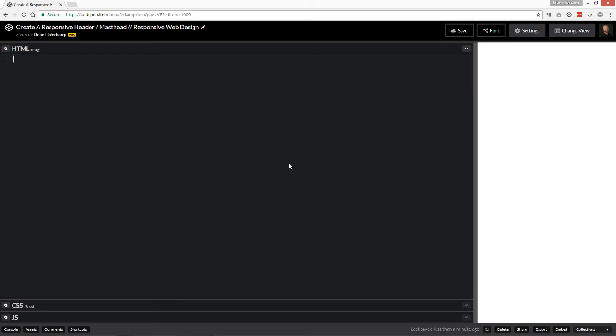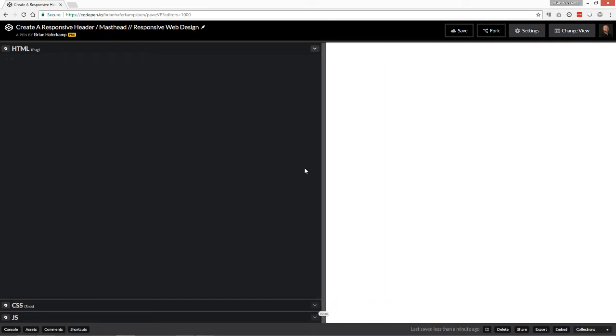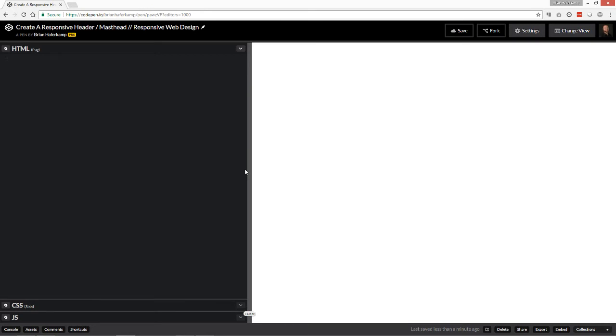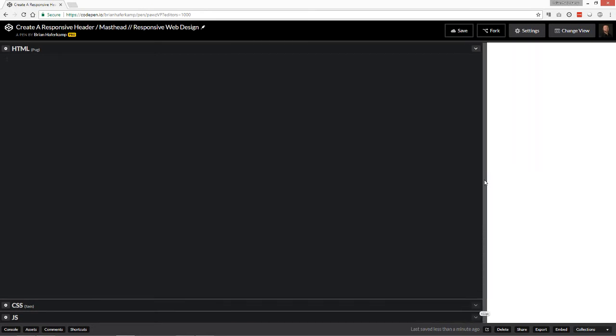That will be for a different tutorial, showing how to do the fixed. But in this one, I just want to get the basic design out there, and then show how, whenever the screen and the viewport changes, to make sure that the trigger goes away. So the little hamburger menu, or whatever icon you're using, goes away, and when there's enough space it shows all the rest of the